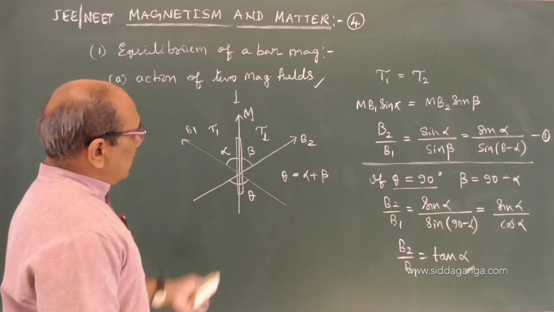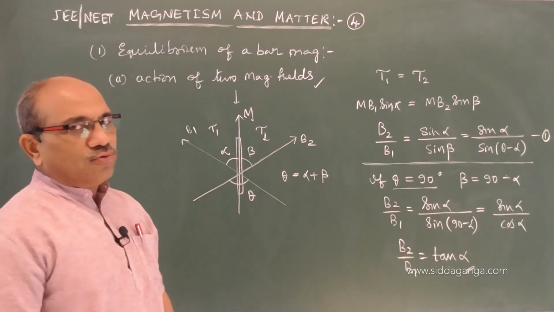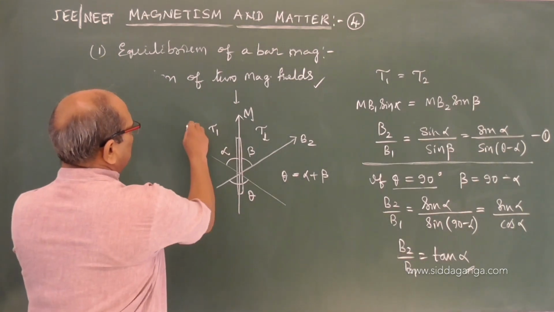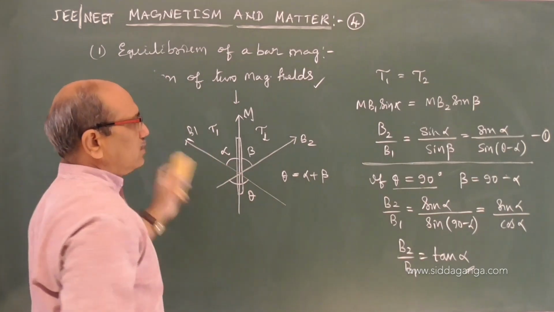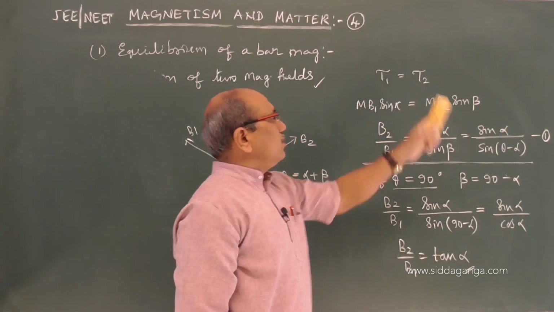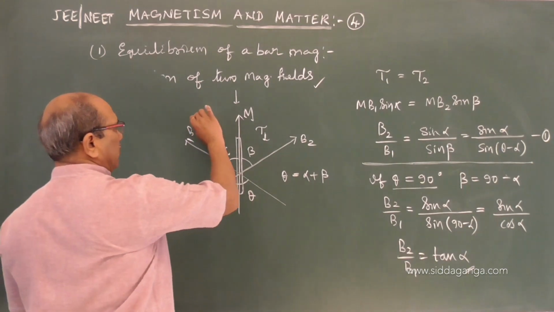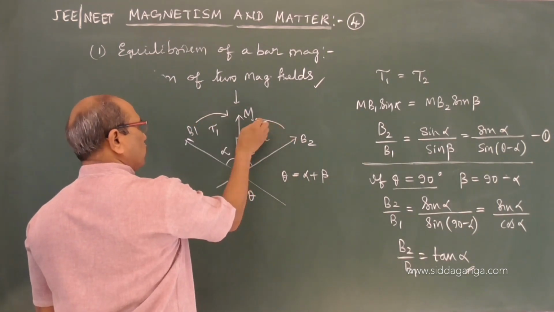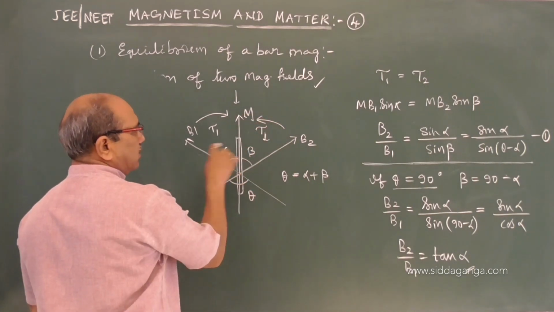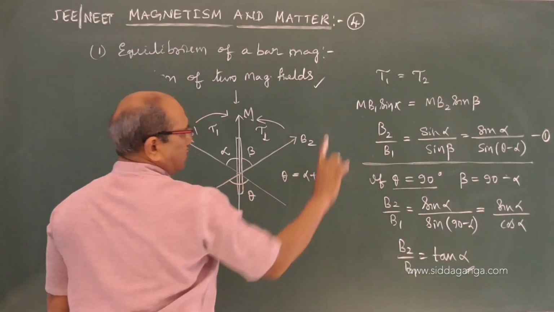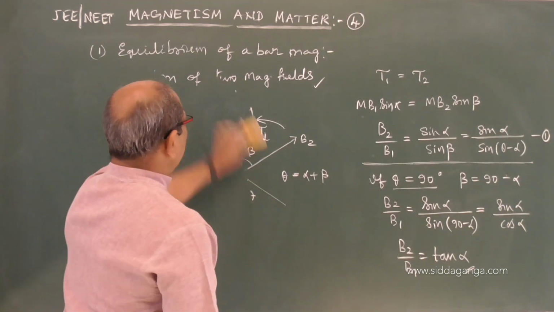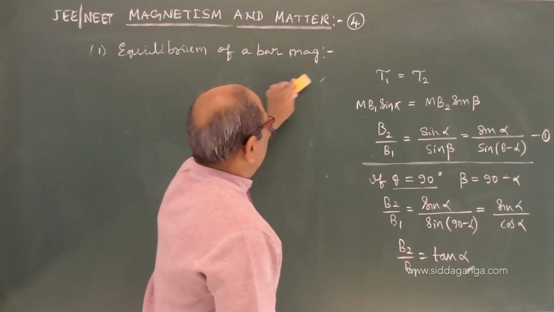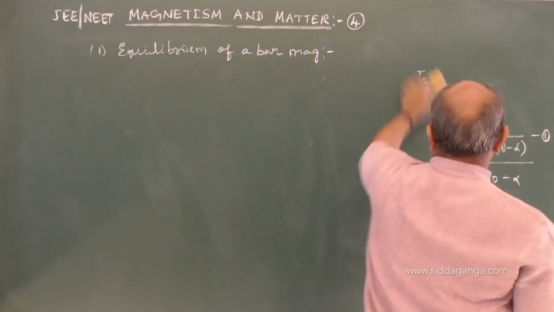Another, a magnet is standing, we can pull it by a force. What happens? Let us go to the other case. I hope you have understood here. This is B1 and what you just have to do is equate the torque, because this is trying to get towards the right, but it is trying to pull it towards the left. It remains in equilibrium under the action of the two. And the condition, I discussed one special condition, is if the angle between the two fields is 90 degrees.